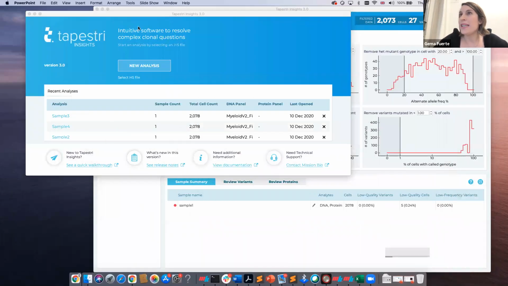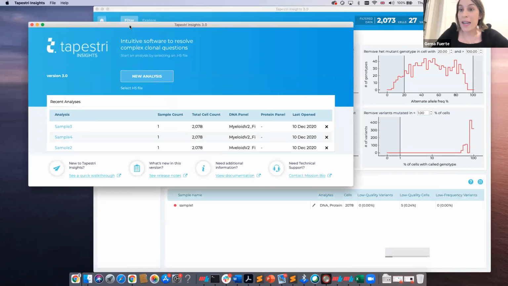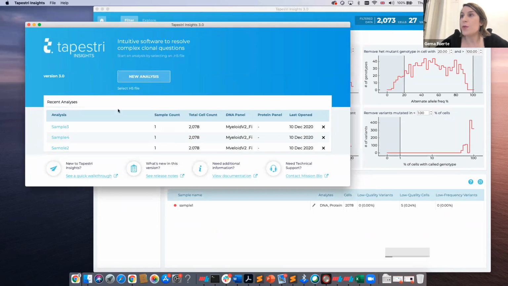So as Kelly said, Tapestry Insights is a very easy to use GUI software package that you can just download and install on your laptop. So I have here a window just to show you what the home page looks like. You have the option to start a new analysis, and the input has now switched to H5 files. You can see your different samples, and at a glance, you get the total cell count and the panel that was used. And you have links to the website to see a quick walkthrough if you need, a quick video to help you do the analysis, the release notes for the software, advanced documentation, and